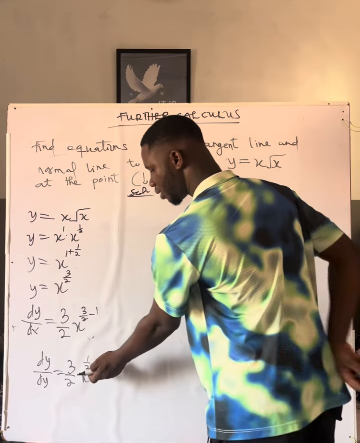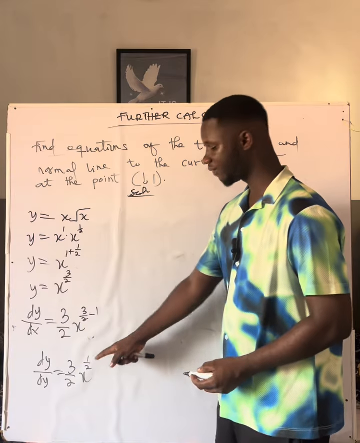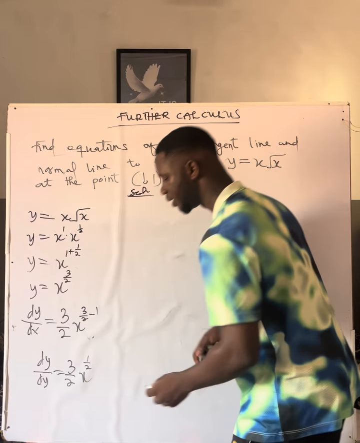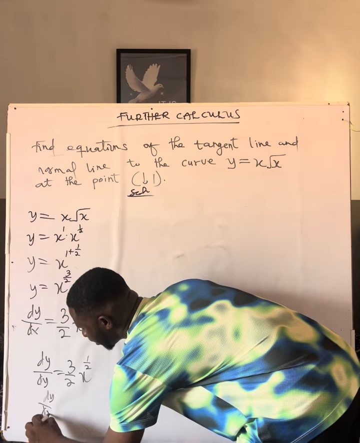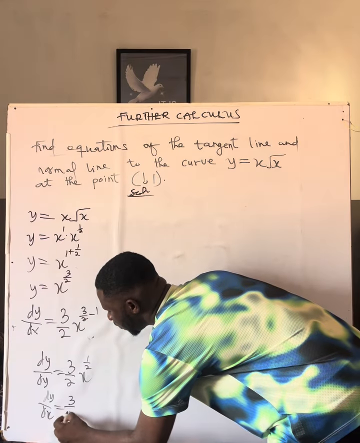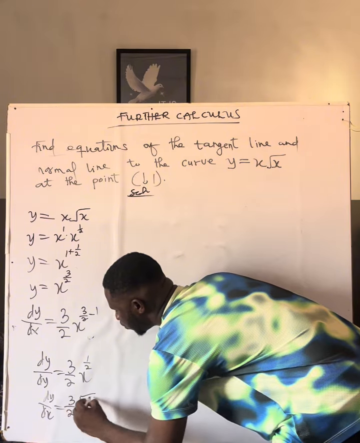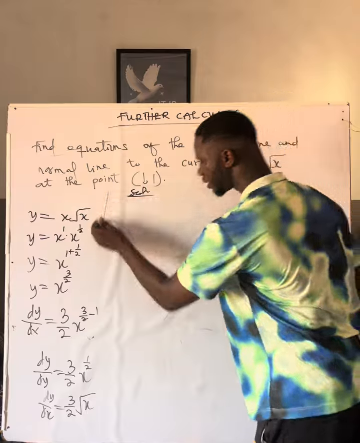So we have differentiated it. We have finished the differentiation. We can revert this to our square root again. We are going to write dy over dx equals 3 over 2 root x. So this is our